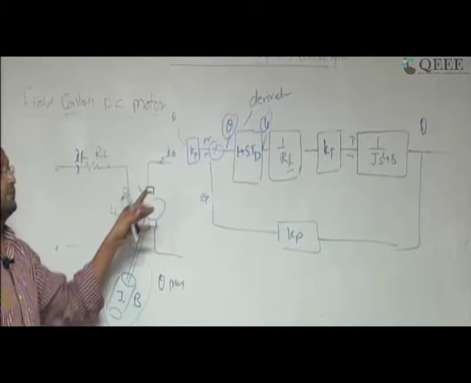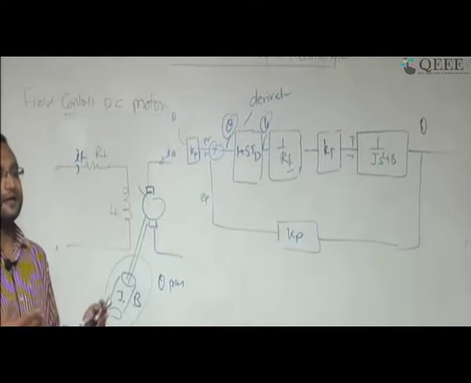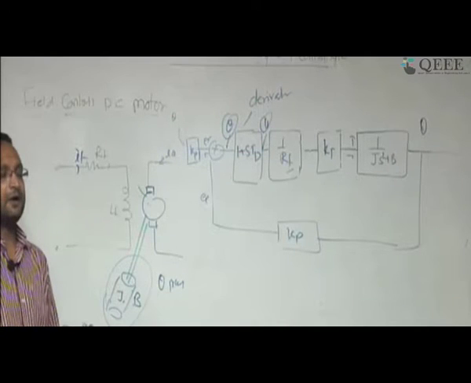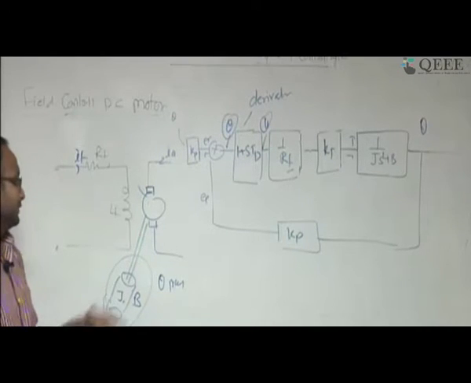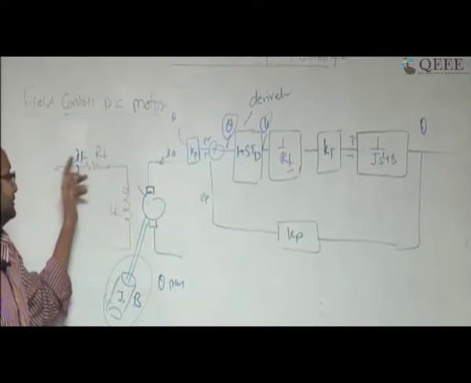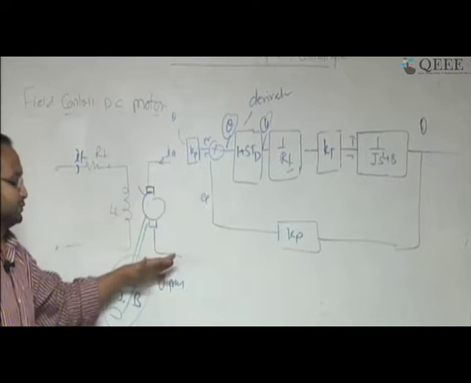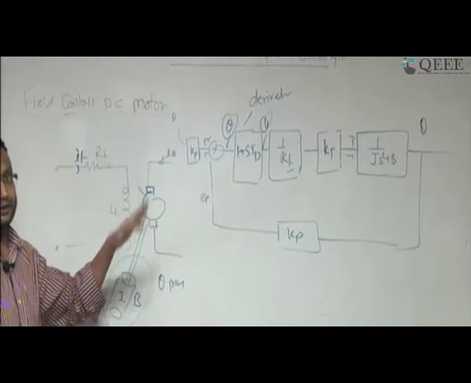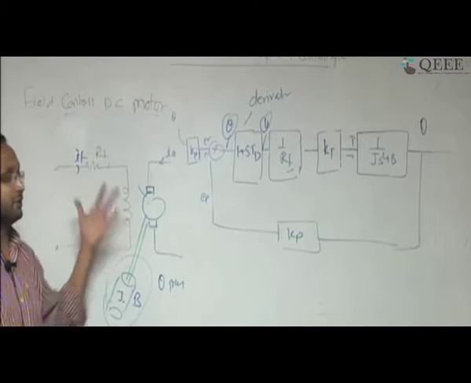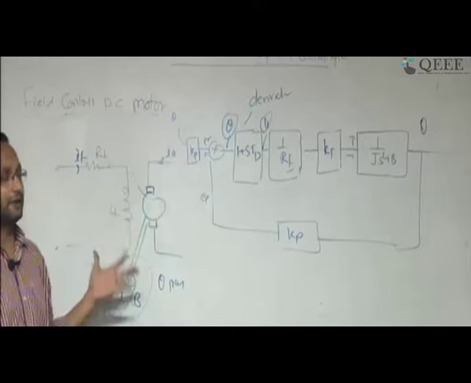And this motor, which can be any motor, in this case I have used a specific case of a field control motor. So in field control, a field current is provided and the armature current is going to be constant. I am not going into great detail of the DC motor, I am just using this example to illustrate the idea of a derivative control system.